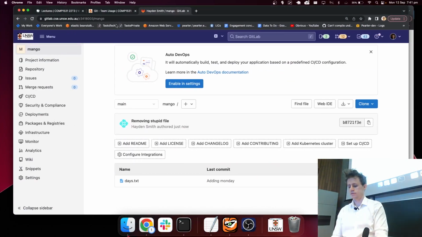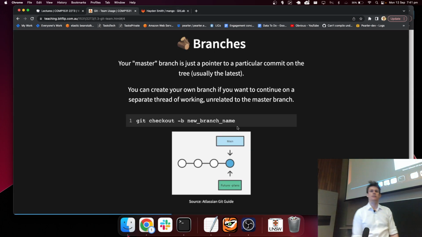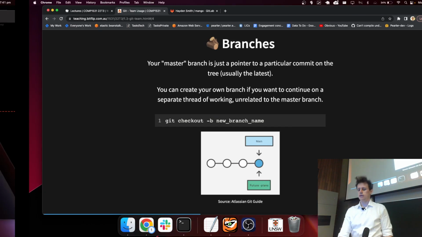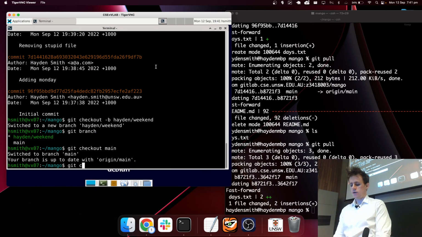this is actually kind of the situation we've got. It's actually literally the situation we've got here. We've got 4 commits and 2 branches, but those 2 branches are at the same point, right? We're exactly here. But what if I go back to my git Hayden weekend branch, and then I make